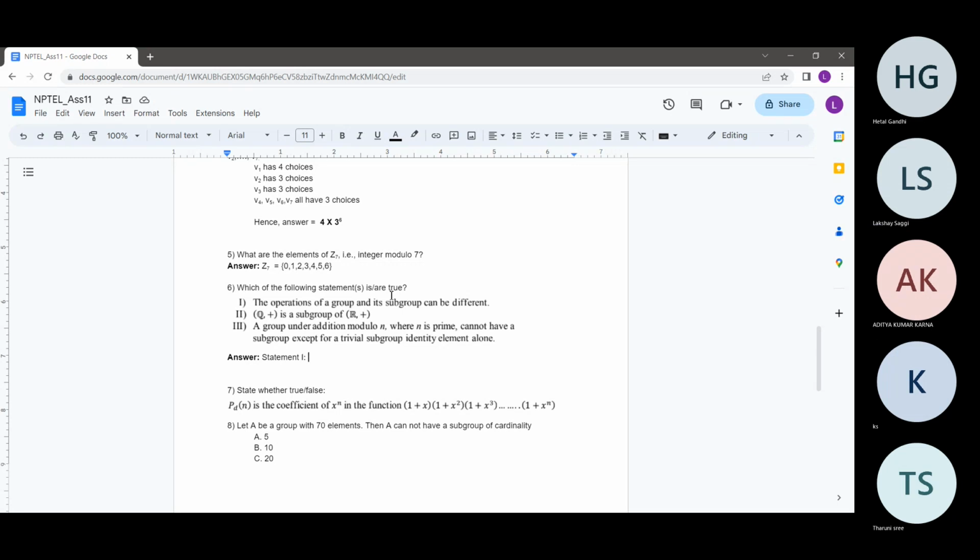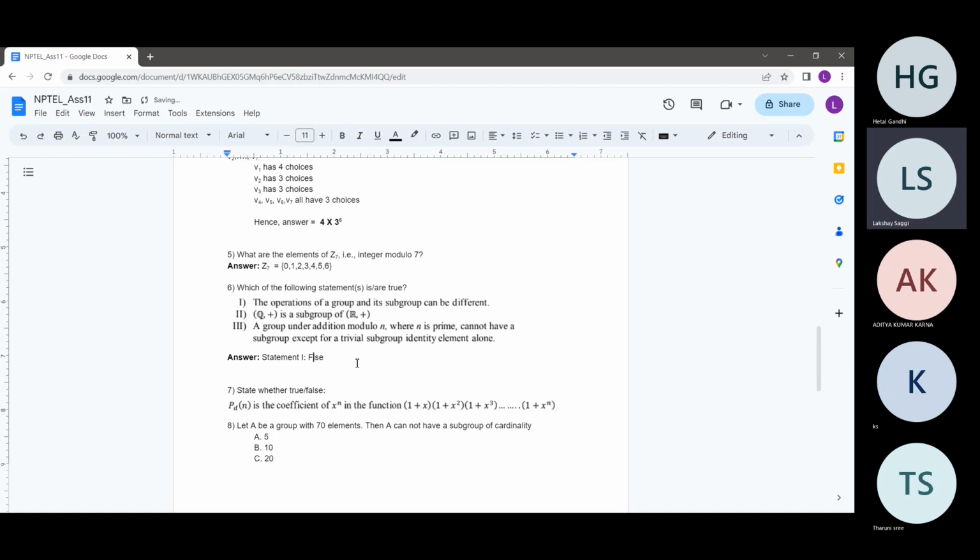So basically, what is a group? A group is nothing but a set of operands and an operation defined over it, right? So it's saying the operations of a group and its subgroup can be different. Is this statement true or false? This statement is actually false, because a subgroup is defined as